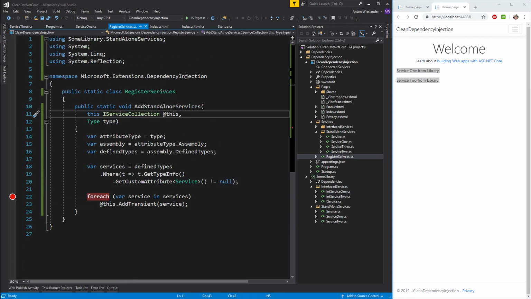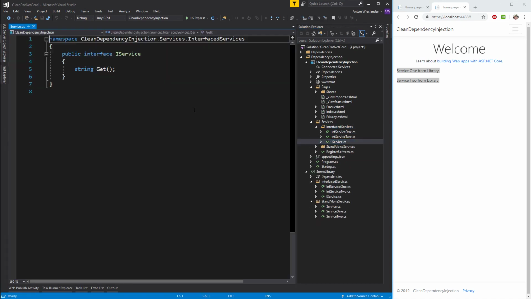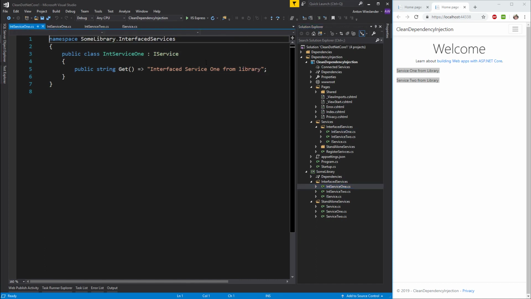So now let's go over another type of services. I'm going to go into the interface services, right? We have an interface that has a get, and it basically does similar things. I have an IService, and an interface service 2 and 1, which basically says interface service from service 1 from app, and alternatively the same thing in my library. Okay,